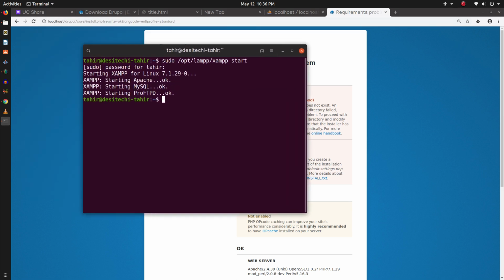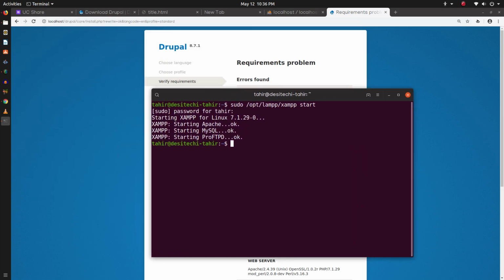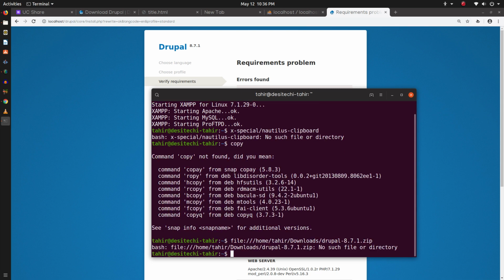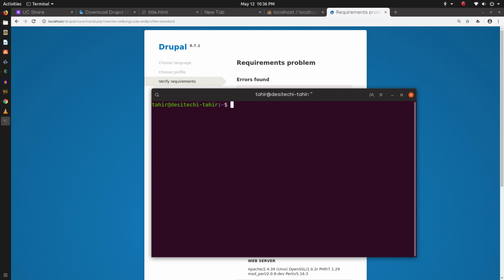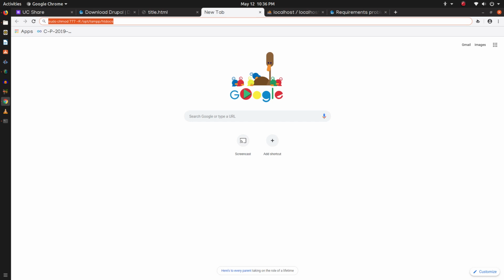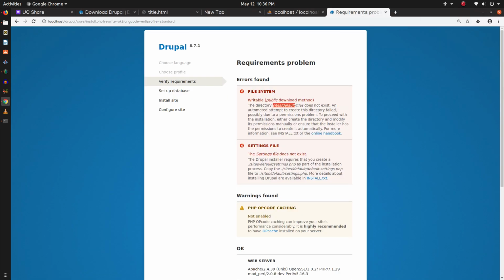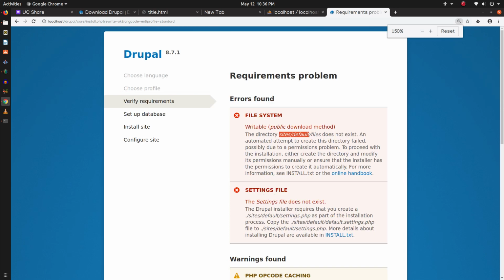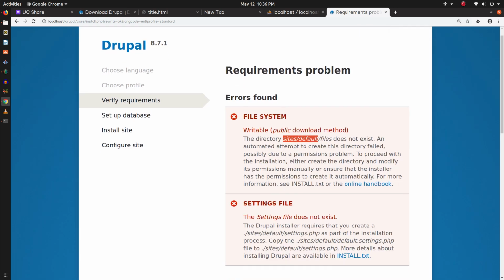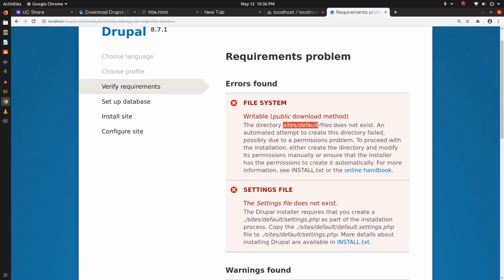Open terminal. I have made a mistake. I am going to use this command again. This is very helpful. And under htdocs, we have Drupal, sites, and files directory.